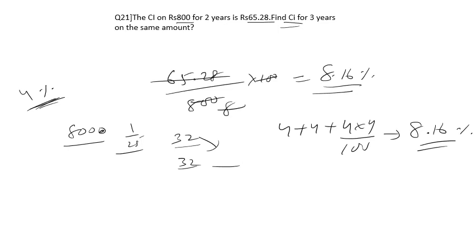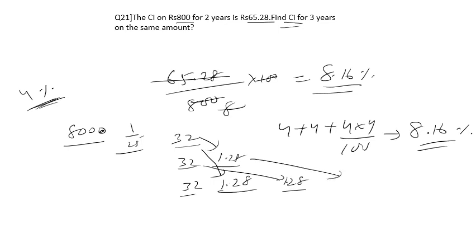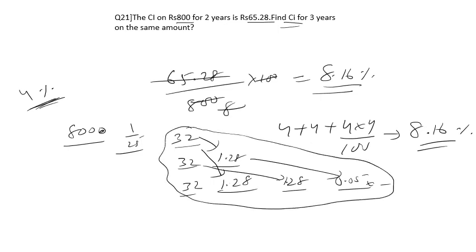This is 1.28. Third year will be 32, 1.28, and again 1 by 25 of 1.28. This is 0 point something, 0.05 or something as well. Okay, so summing up these three, I will get my CI. This is coming out to be how much? This is 96, this is 399, so approx 100. Okay, so that's it. This completes our